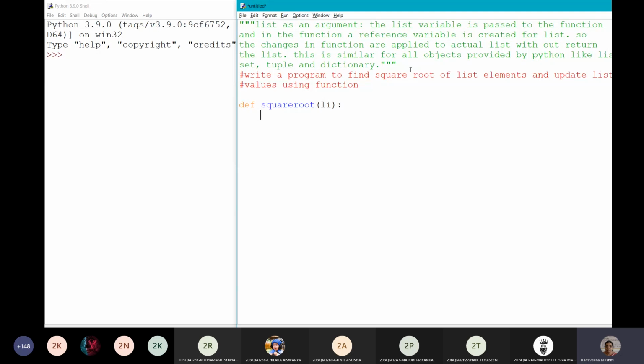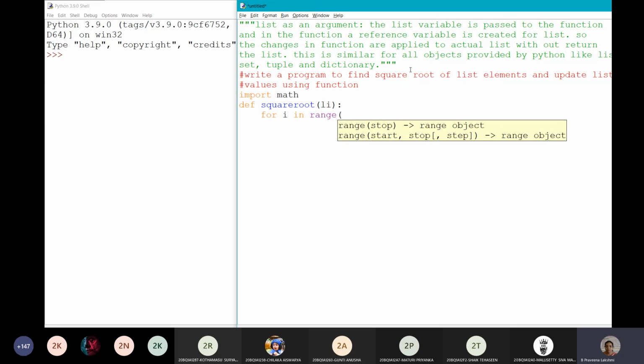Now we need to find the square root of all these elements and store them again into the same list. We can take one by one element from li. To store the values again into the list, we require the indexes, from 0 to the length of li.